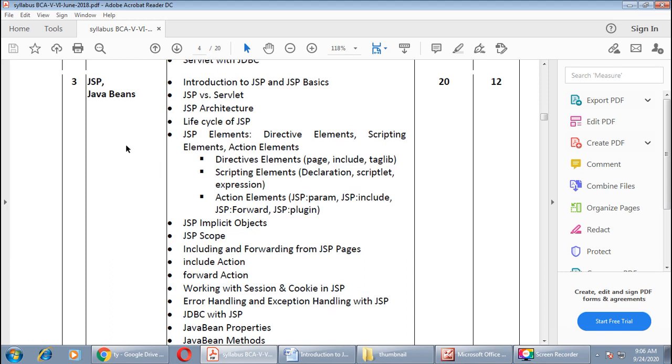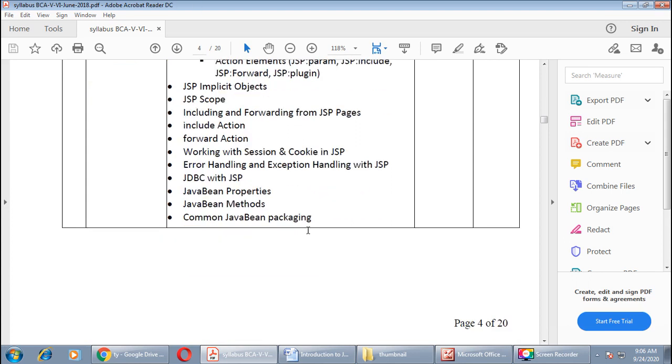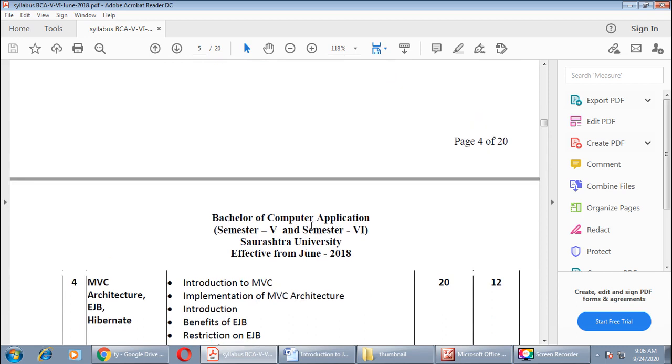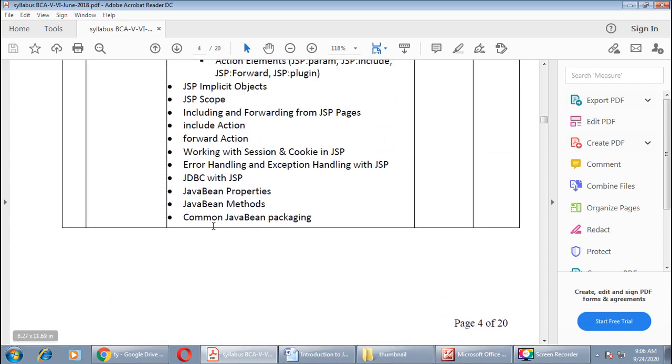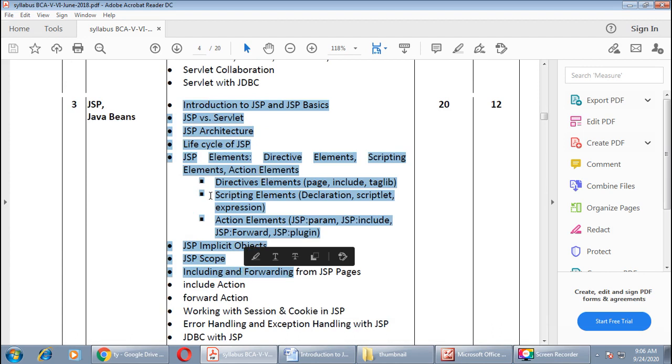After that, here you can see one more topic, Java Beans. We'll cover the Java Bean properties, Java Bean methods, some common Java Bean packaging, right? This portion is very small. The second unit, the second chapter is very small. Mostly in this unit we will learn about JSP. So let us start